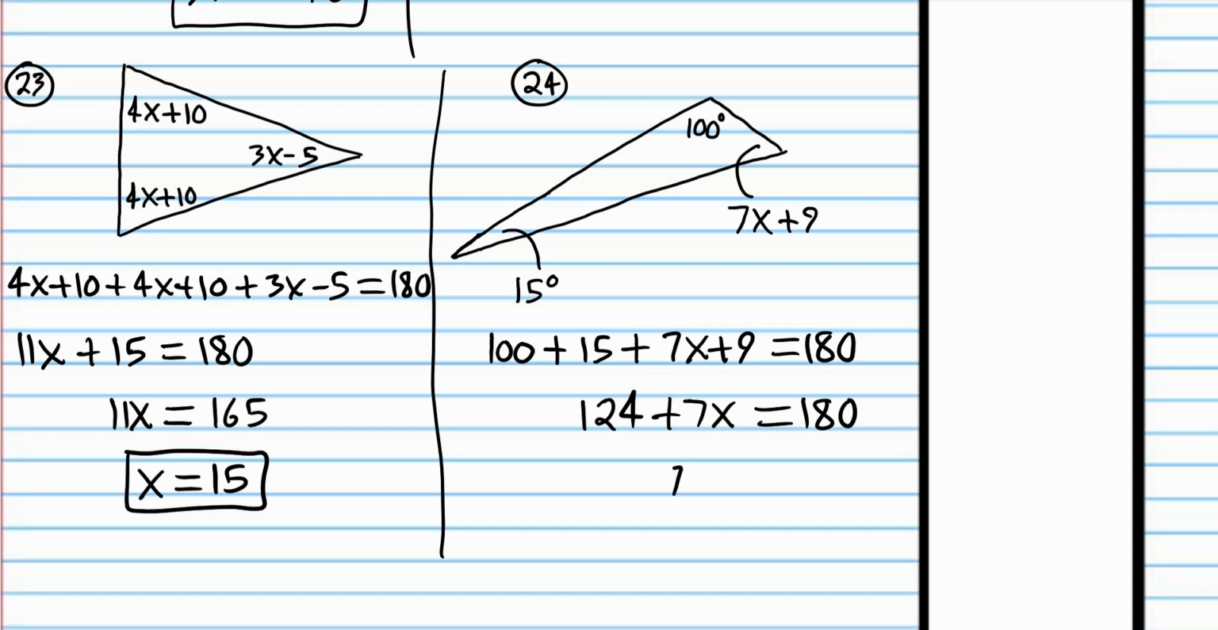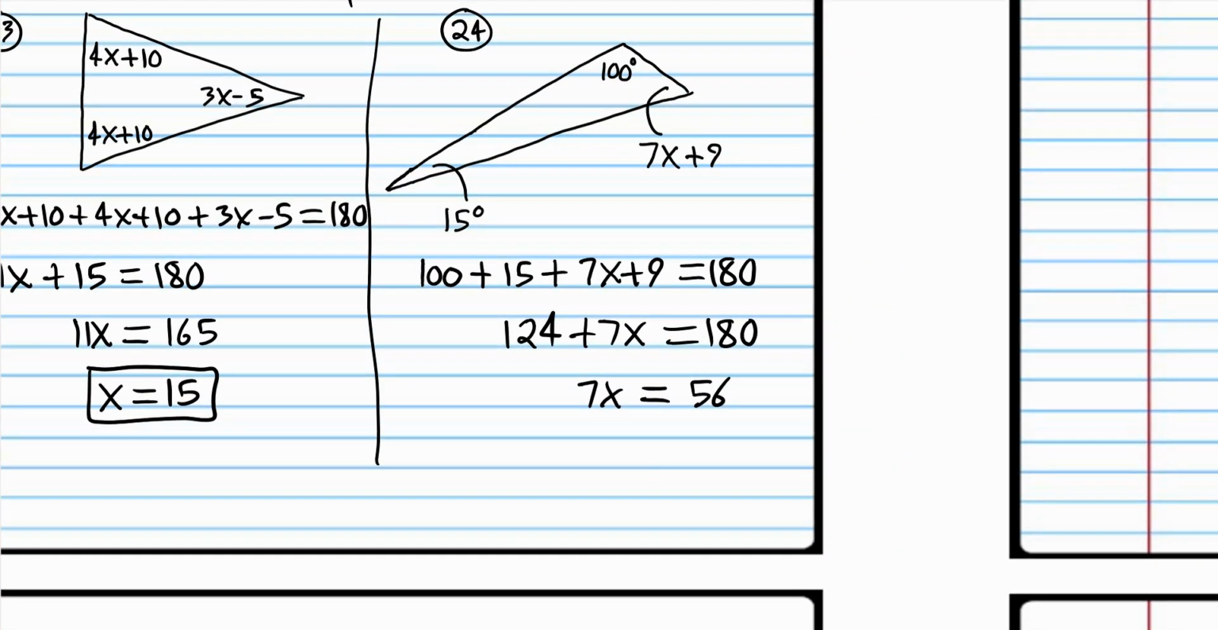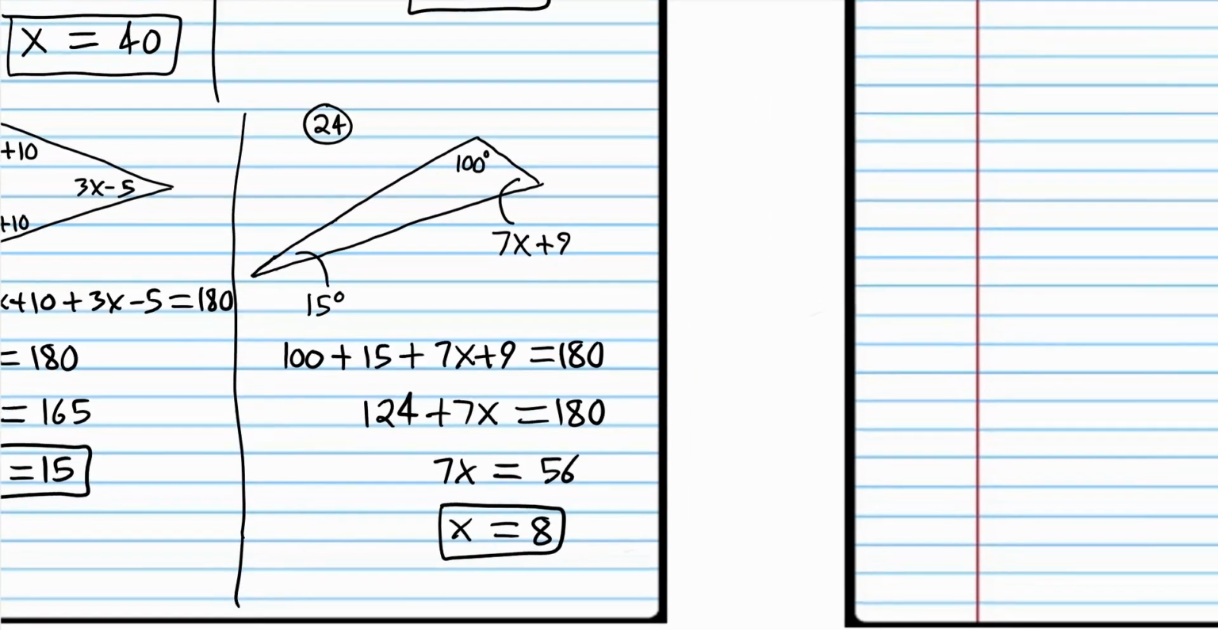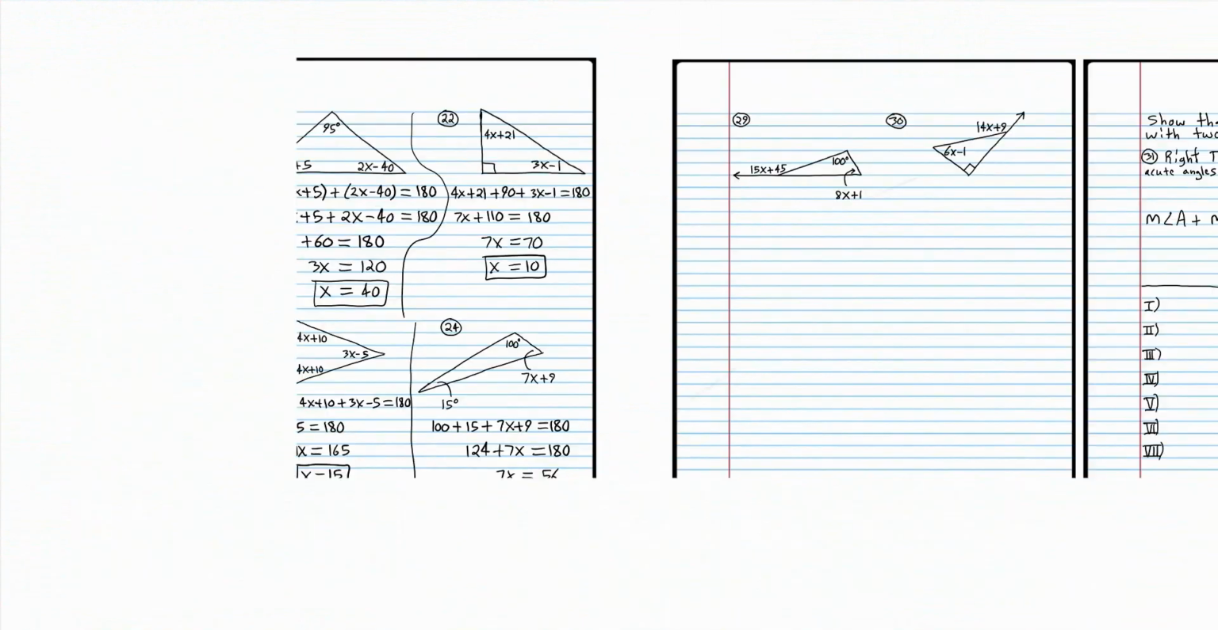Subtract 124 from both sides, and you get 56. And 56 divided by 7 is 8. So x is equal to 8. So if you got 8, good job. All right, on to number